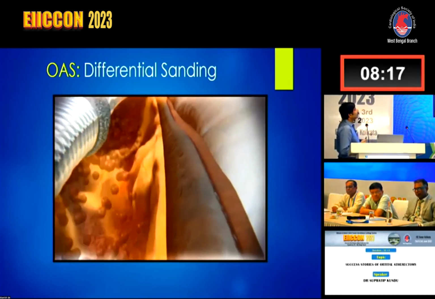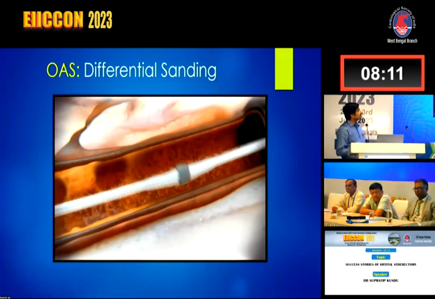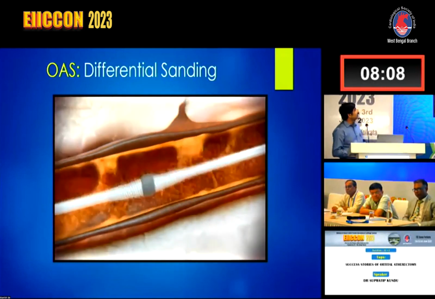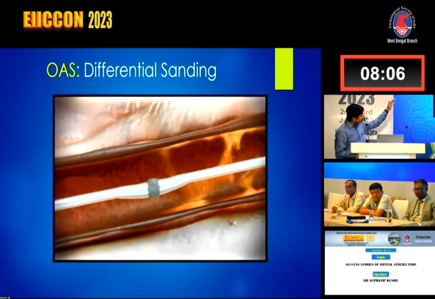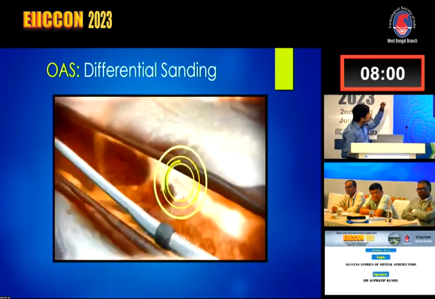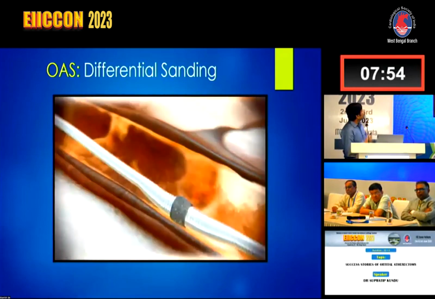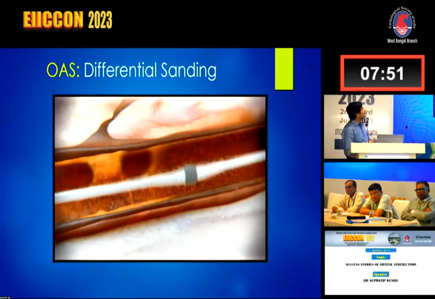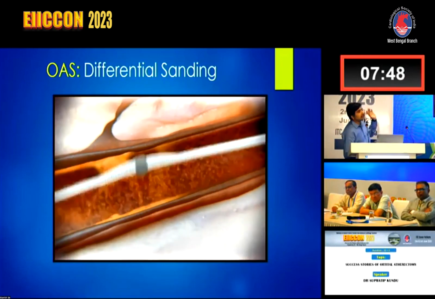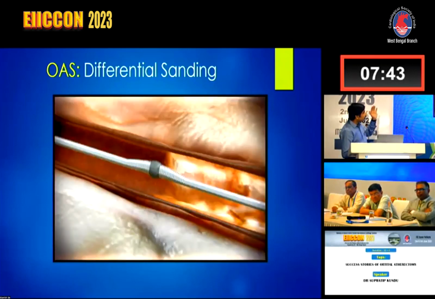If you see here, the crown rotates around its axis at a high speed. Apart from this, it also rotates around the total system. That means the drive shaft rotates in an orbit. So it ensures 360-degree contact with the surface, and that's why the principle of differential sanding comes. That means when it comes in contact with the calcium surface, it sands away the calcium. At the same time, it flexes the healthy tissue and doesn't injure the healthy tissue too much. Apart from this, there is